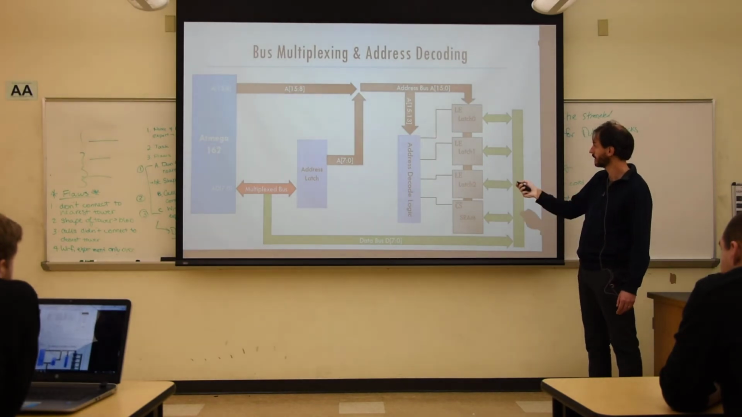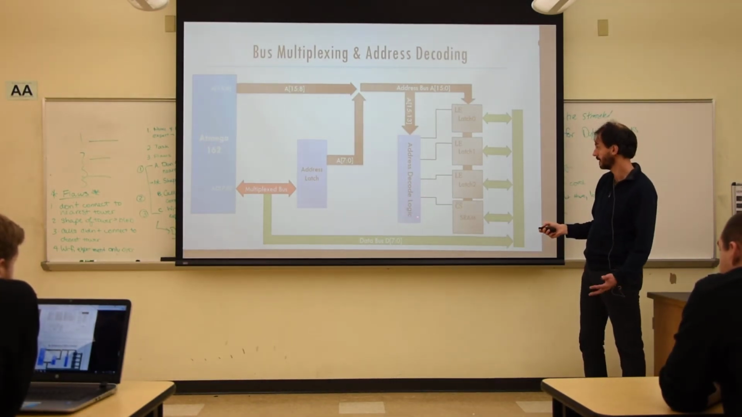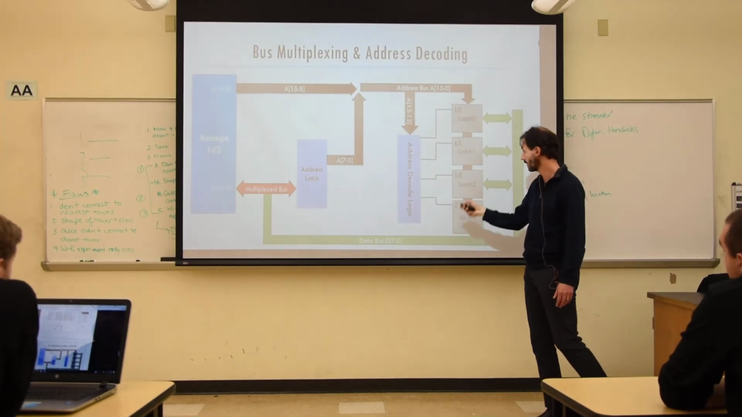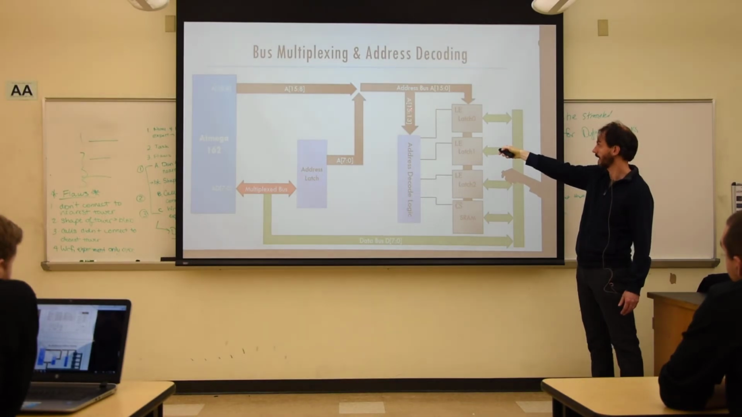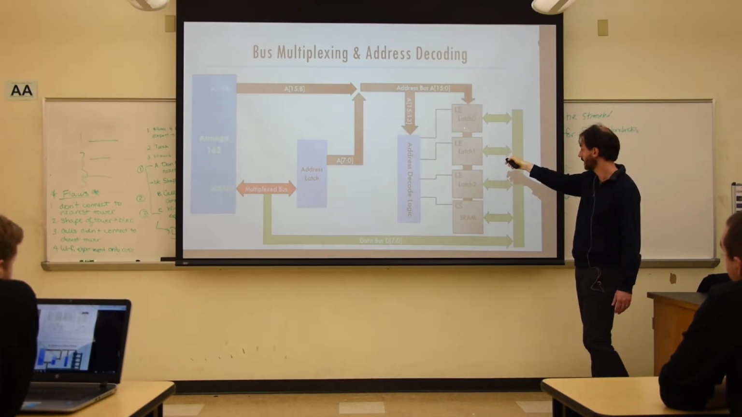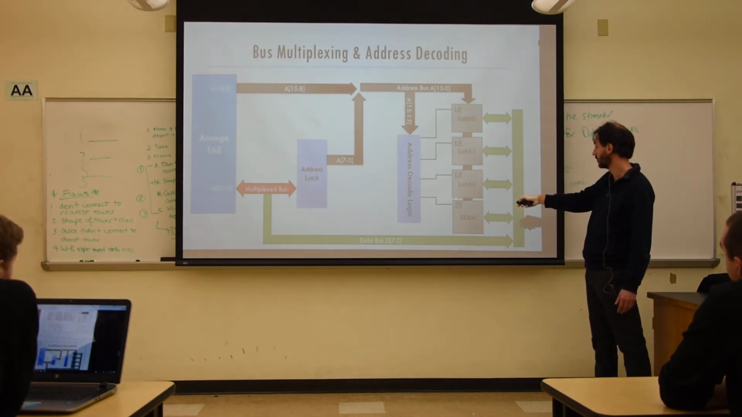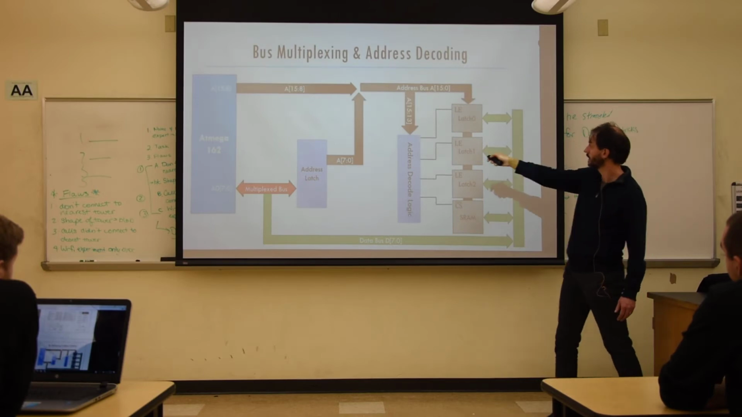So that would lead to this complex picture, but again, it looks pretty much similar. We have our decoding logic over here, which needs just A15 to A13. Then it can decide whether it goes to latch 0, latch 1, or latch 2, or to SRAM. All of those will receive